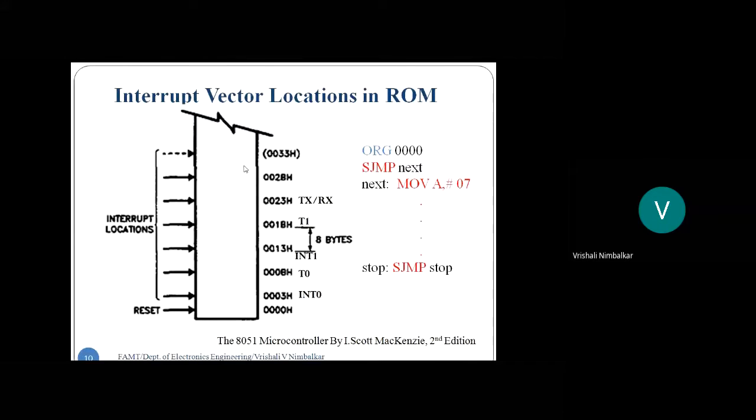Then how do we take care of this? We start our program by writing ORG 00 hex, which has to be done compulsorily. So we originate at 00 hex, but then immediately next, we write an unconditional jump instruction to some other address, which is referred to by a label. And at that label, we start writing the program.